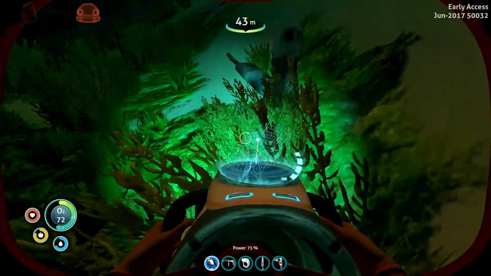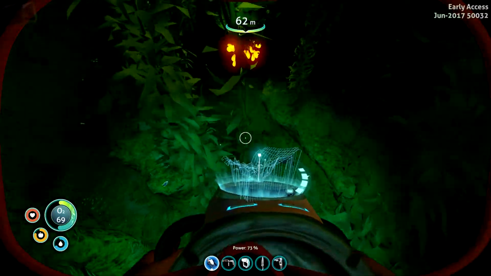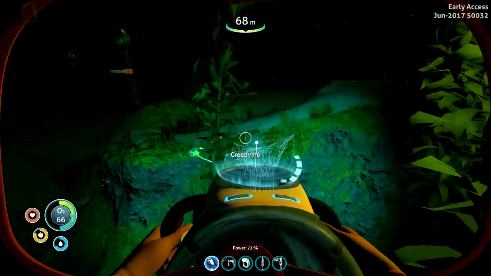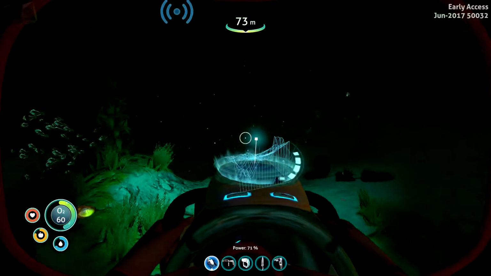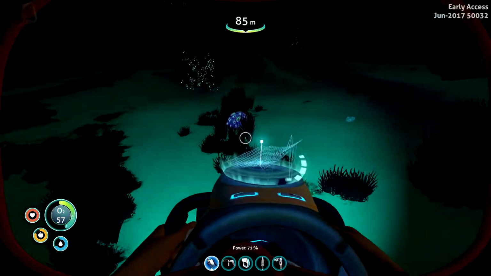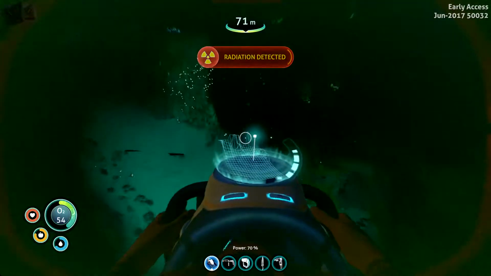Or maybe it's in this kelp forest. I don't mind doing this at night. I find a lot of the animals kind of go to sleep at night. It's a lot easier to get around here. Anytime I hear them yell, I just move on real quick. Ah, brain coral. Oh, radiation detected. I was going to get some O2, but...